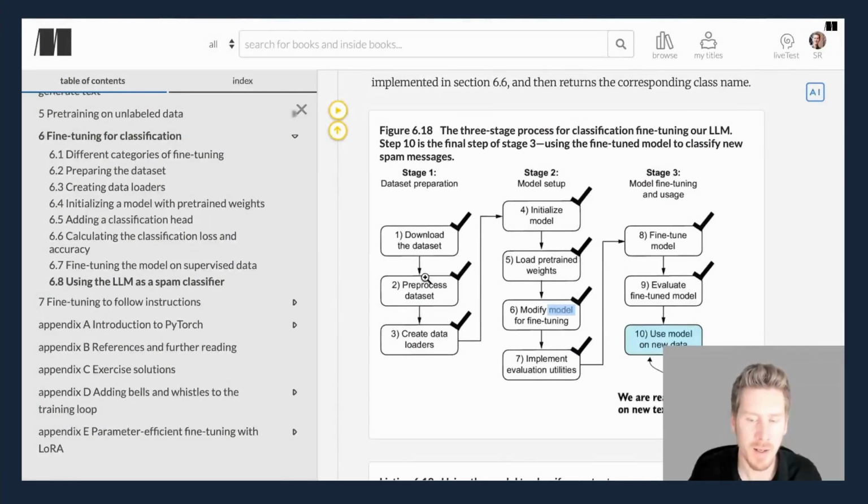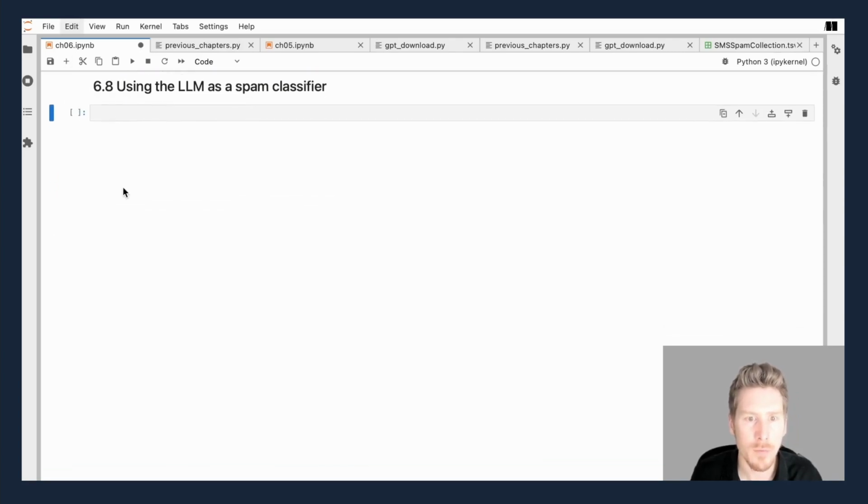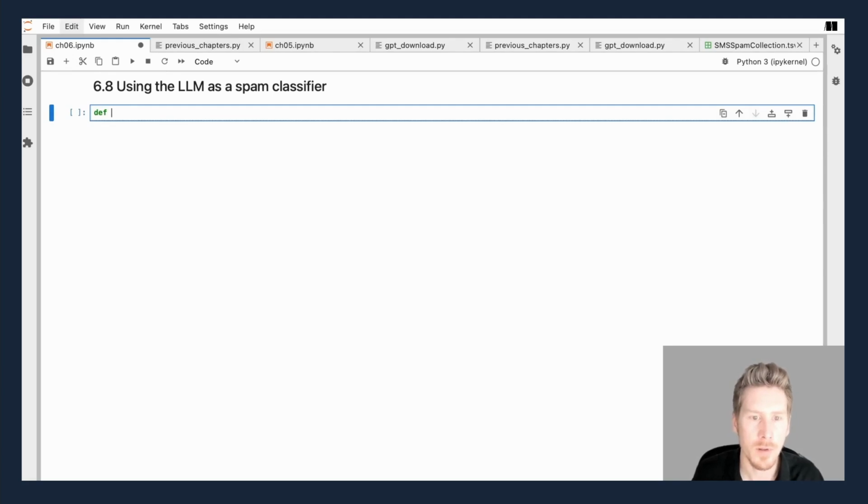So in the grand scheme of things, where we are right now is in step 10. We prepared the data set, we downloaded the data set, we loaded the pre-trained weights. Most importantly, we fine-tuned the model, we evaluated the model, and now we get to use that model. So for that, let me define a function, let's call it classify